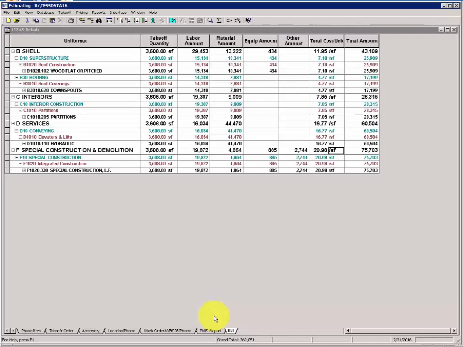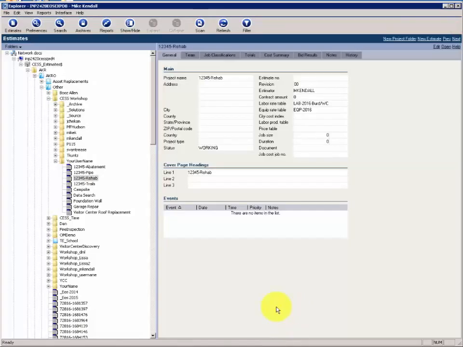We'll make 3 copies and then rename each copy to match a work order. Then we'll open each of those work order estimates and delete the work orders that are not part of the file name work order. Close your Rehab estimate, return to EOS Explorer, locate your Rehab estimate in your username folder,